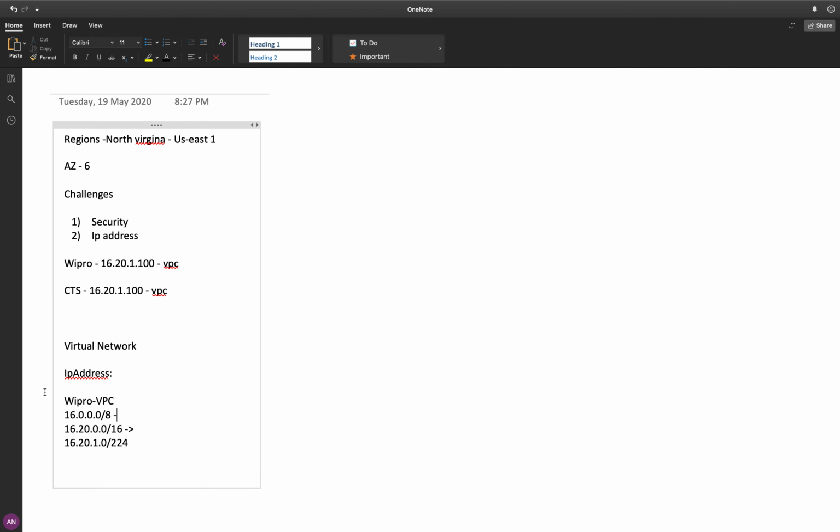Here if I give an IP address range, the 0 here indicates we will get around 250 addresses. You can multiply in this way. This many IP addresses AWS will give us; if you calculate, around 16 lakh IP addresses you will get.